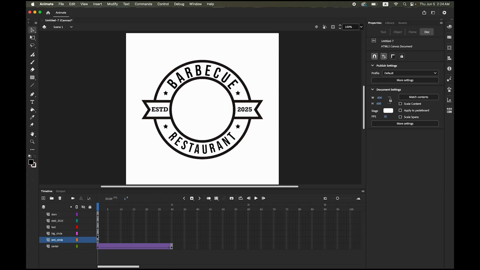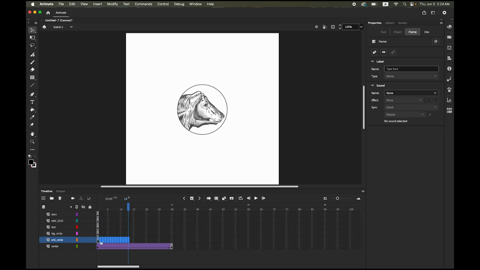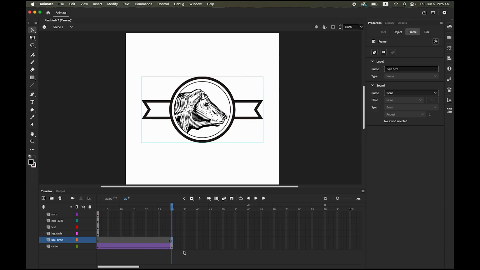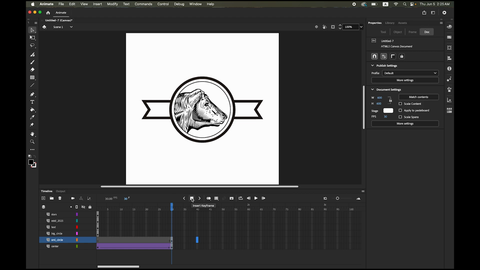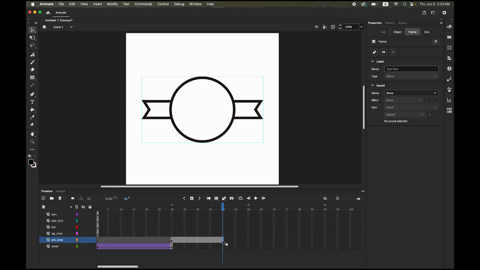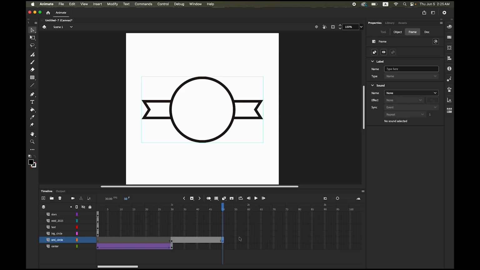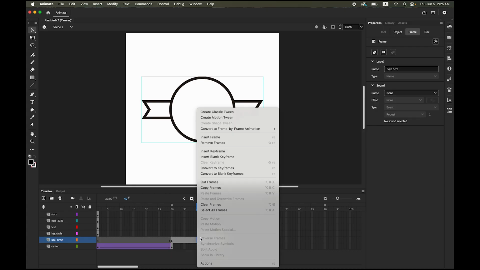I'm going to move this. Just select that keyframe, hold down your mouse button and drag it to the 1 second mark here. And then I'm going to use about 20 frames. You know what? It's not 20. That's 20. So highlight frame number 50 and insert the keyframe. Okay. Then hold down the control key, click somewhere in the middle of this segment, and create